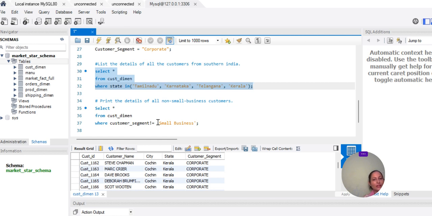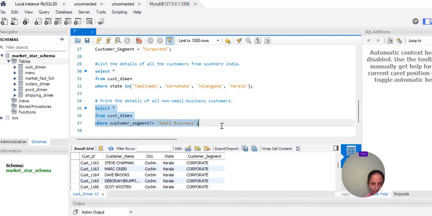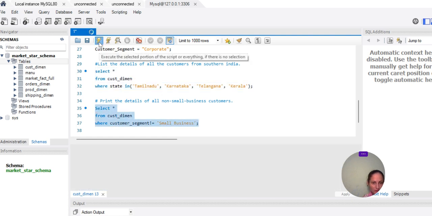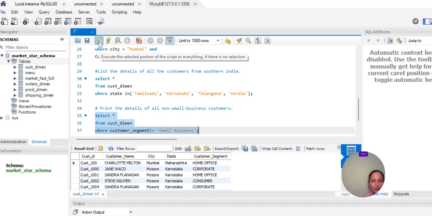It is known as the negation operator. If I run this query, you will find the details. It will contain all the customers, you can have office, corporate, and many more, but it will not contain the small business segment.